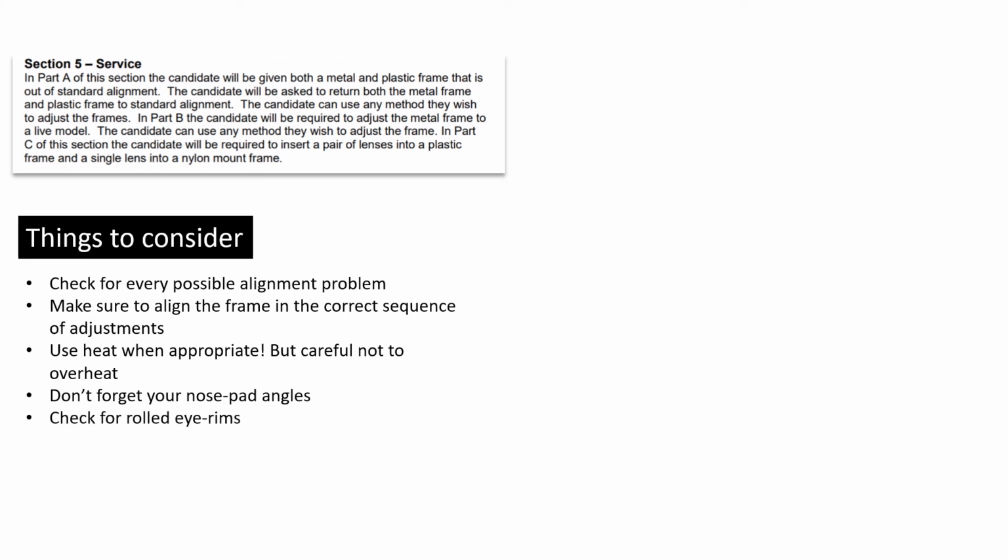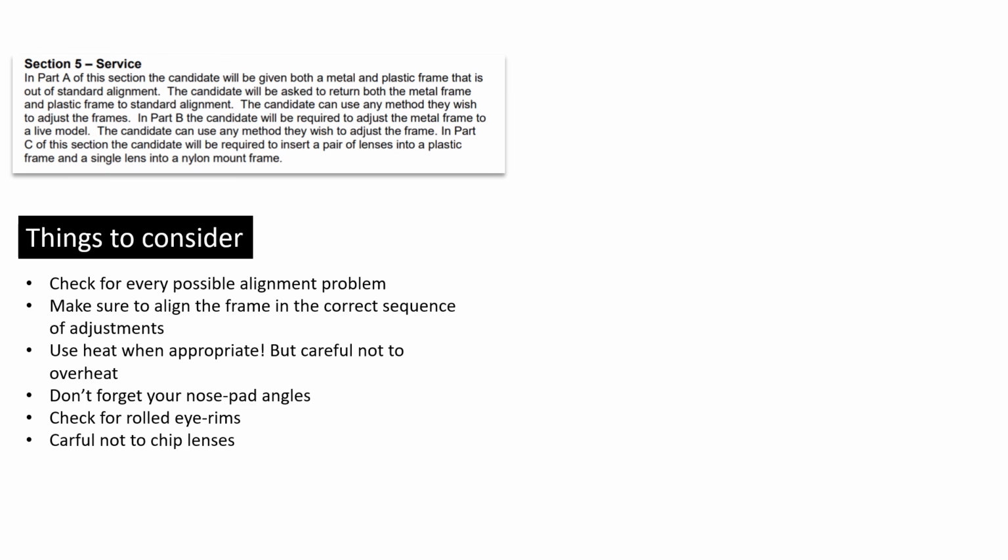Check for rolled rims, right? So sometimes if it gets real messed up, the rim, especially in a plastic frame, can get all rolled, and that can be hard to fix. So just be careful that not only are you checking to make sure it's not rolled to begin with, be careful that you're not rolling it when you're bench aligning it. Otherwise, you might have a hard time getting it back. So be very careful of that. Obviously, when you're inserting, because that's part of it too,